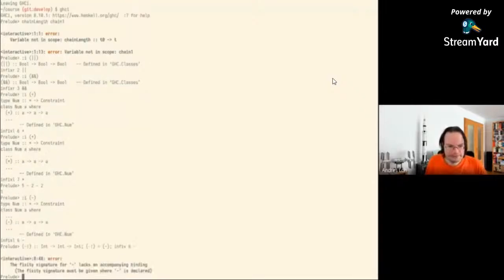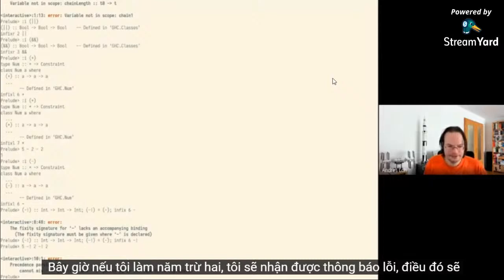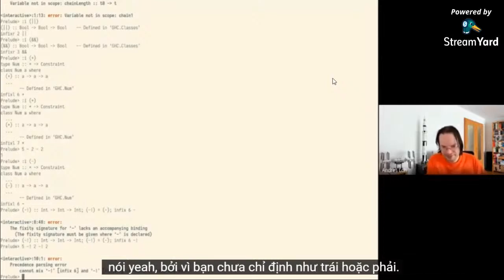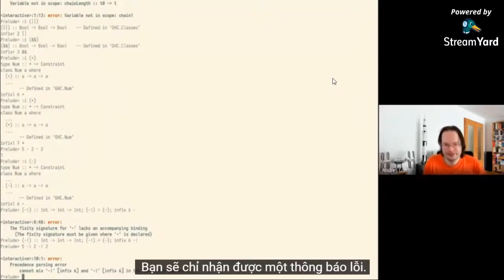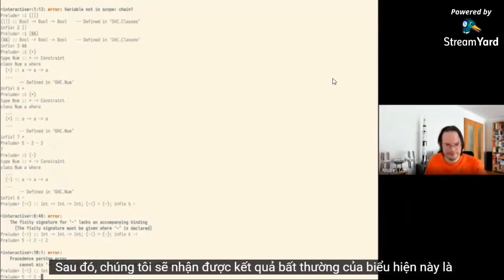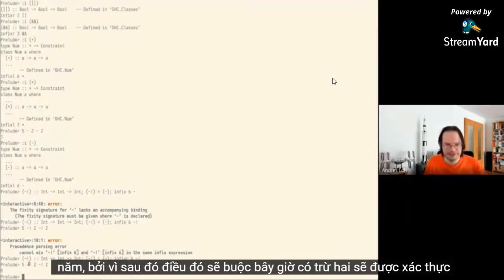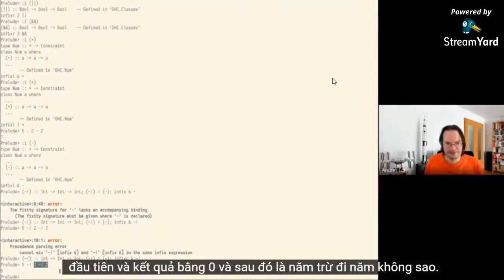And then minus. Now, if I do 5 minus bang 2, I'll get an error message that will say, yeah, because you haven't specified left or right, and there is a situation where this matters, you'll just get an error message. That is a third option that you can get. And if we would define the same thing to be right associative, then we would get this unusual result of this expression being 5, because then now 2 minus 2 would be evaluated first, and that would result in 0, and then 5 minus 0 is 5. Okay,